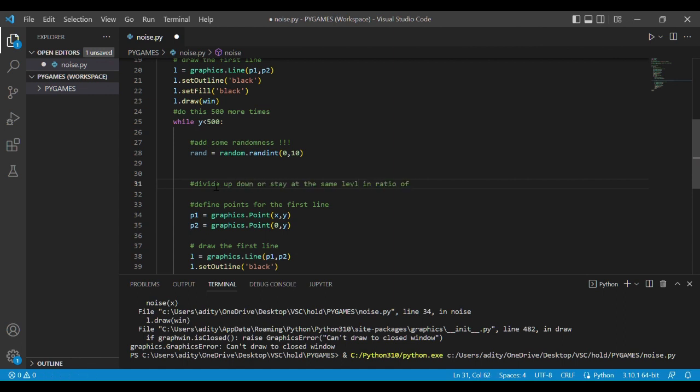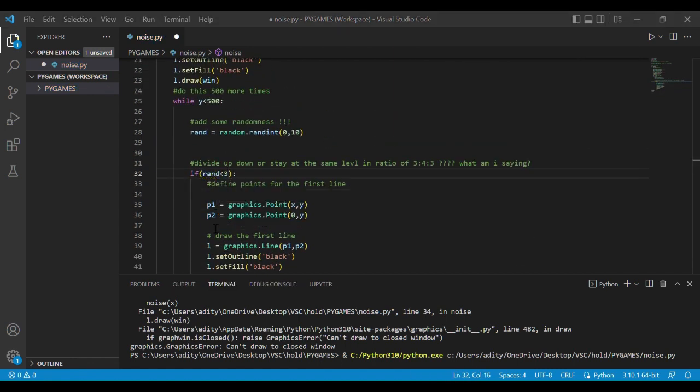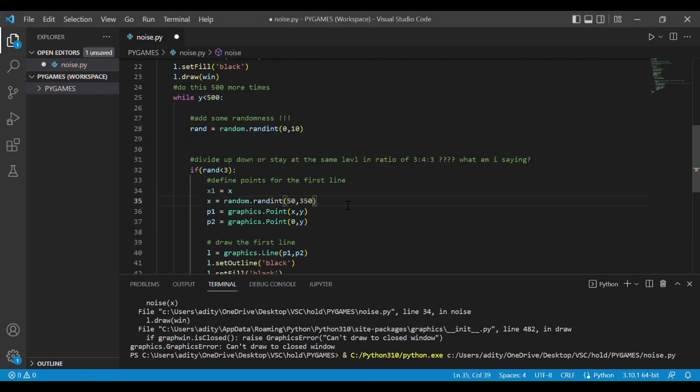It generates a number between 1 and 10. I made it so that based on the number, the program decides whether to move upwards or downwards or stay at the same level. Also inside each of the if statements there is another while statement which acts as a kind of interpolation to smoothen out the changes in the terrain. That is the explanation of the code. Now enjoy the time lapse of my code.